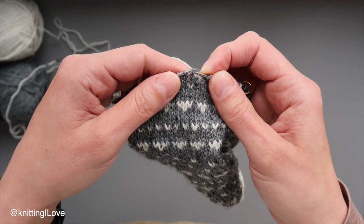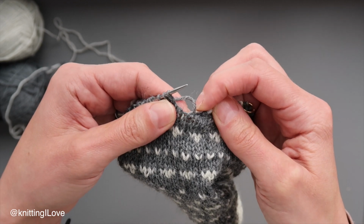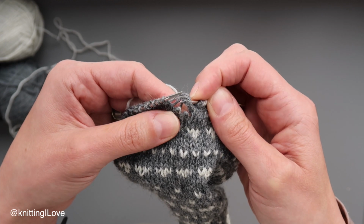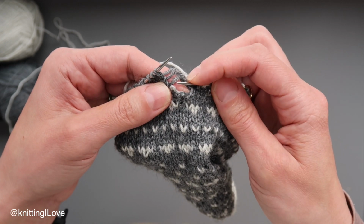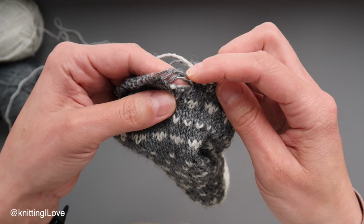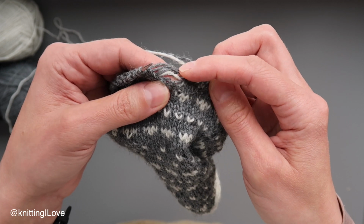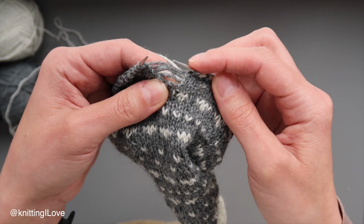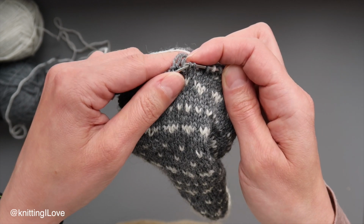I'm dropping 2 stitches, and you can see I have first ladder, second ladder, third ladder. Right, and now I want to drop white and grey. I can put back the stitches on the left needle